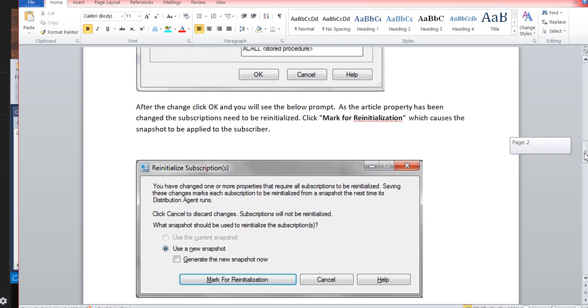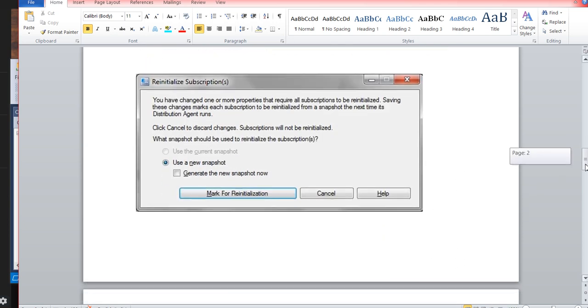Okay, but this is the worst approach if your article size is too high. Let's assume your article size is 2 TB. Once you click OK here, it will reinitialize the replication and it will take a huge time to finish. So this is the worst approach. I'm going to tell you the correct approach for dealing with this situation.